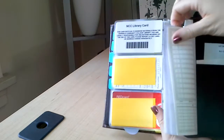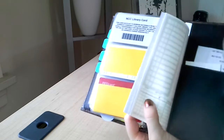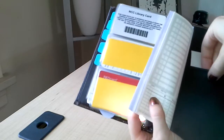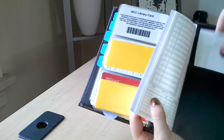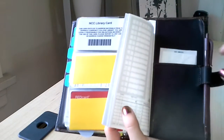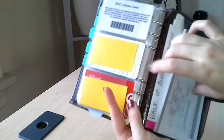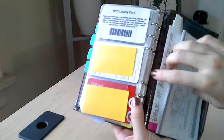And then on the back aspect of this here, I put my checkbook in here. I just slide it in, so it's very easy. You can use it almost like a checkbook wallet. I have that, and then behind that, I put in some receipts. This pocket is really soft. It's actually pretty deep. Coupons and receipts of things like I need to file for taxes, so I try to keep that in there. Behind this are receipts that I use for work that I transfer into my tax book